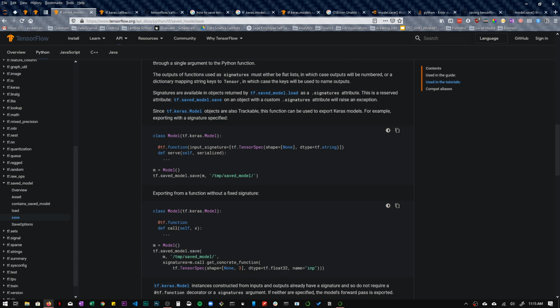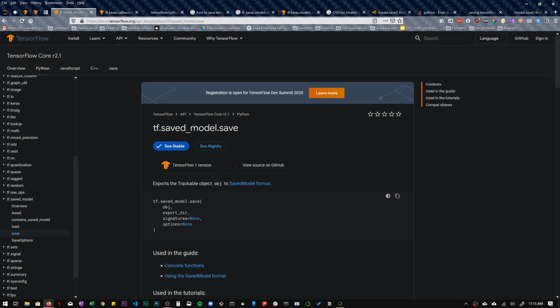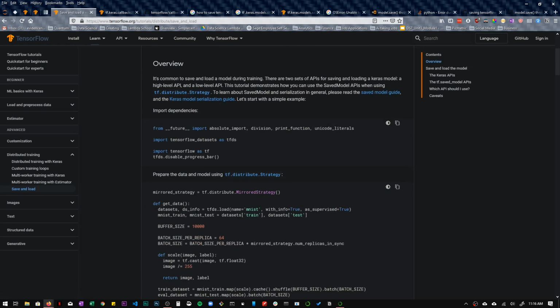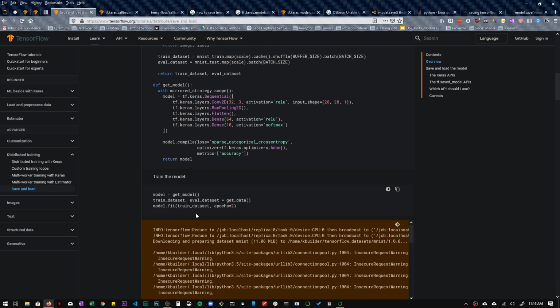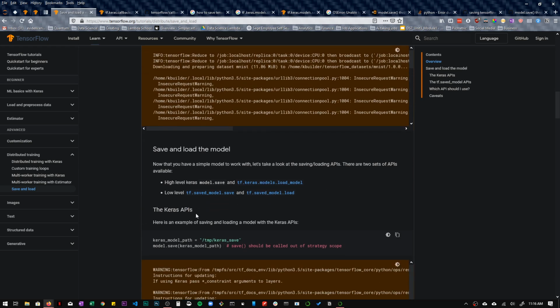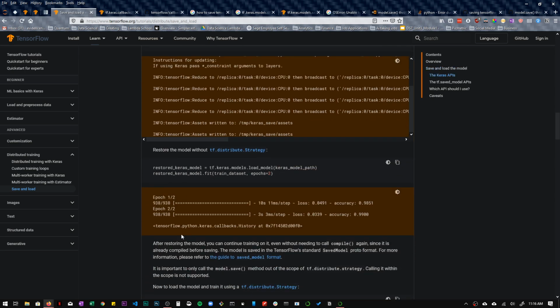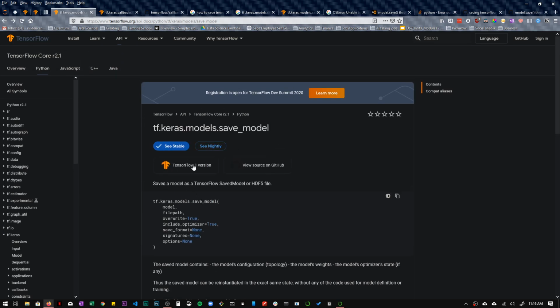This is not helping very much. TensorFlow 1 version of this.